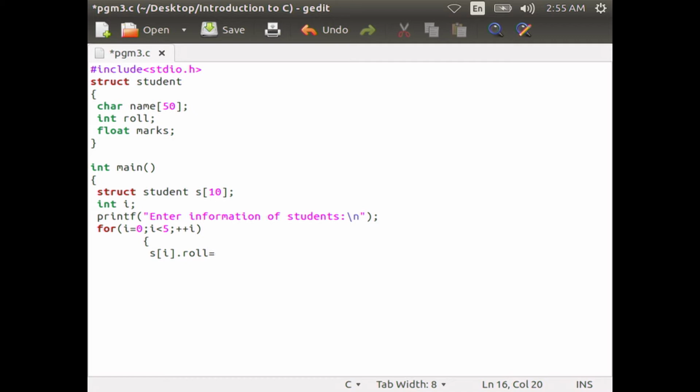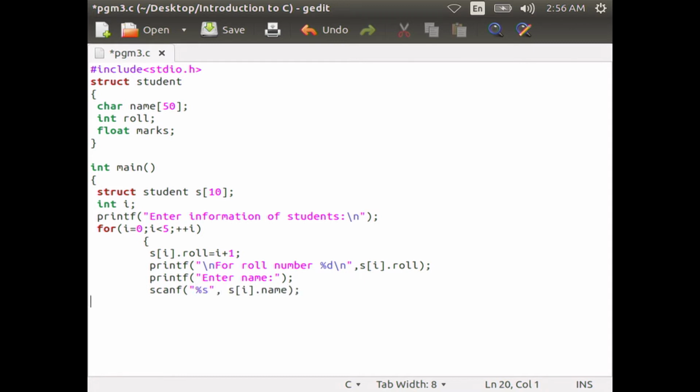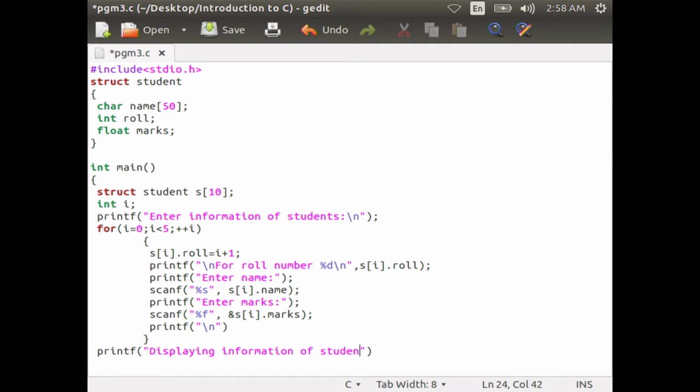equal to i plus 1, printf "for roll number %d" comma s of i dot roll, printf "enter name", scanf %s, s of i dot name, printf "enter marks", scanf %f comma ampersand sign s of i dot marks, printf, then close the curly brace. printf "displaying information of the students".